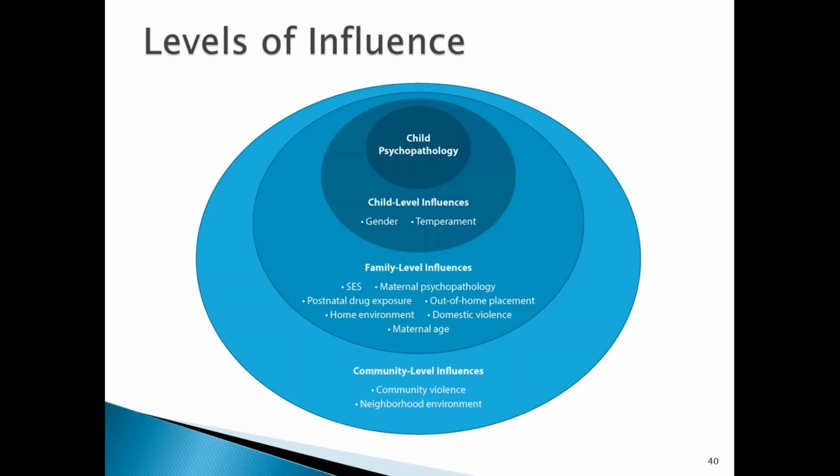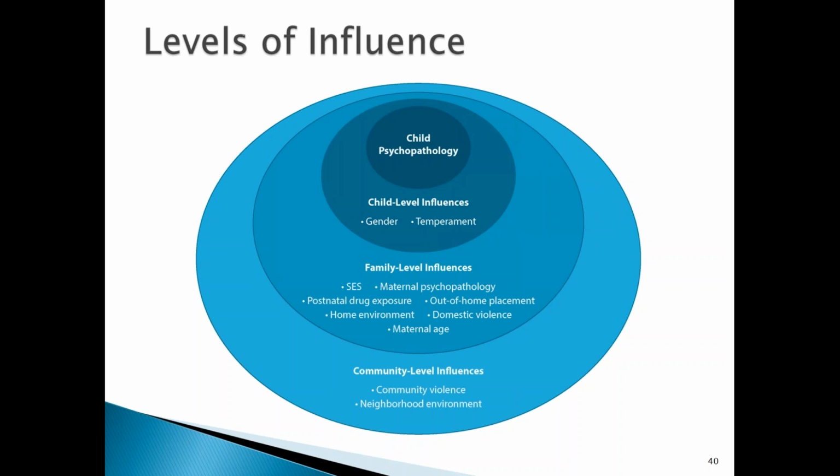So one thing I wanted to mention is that when you're doing these analyses, let's say we want to look at something like child psychopathology, as we were doing with the CBCL there. Often we look at child-level influences, for example, their gender, their temperament, things like that. However, it's important to remember the child doesn't live in isolation. So they're also influenced by, let's say, family-level influences, things like maternal psychopathology or caregivers' drug use or domestic violence, and